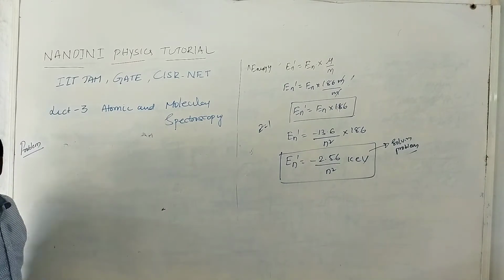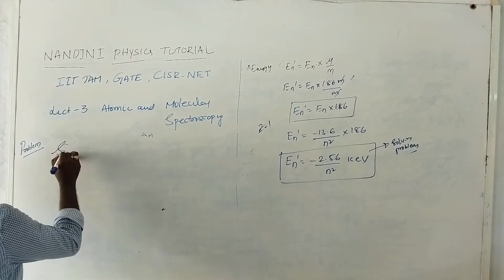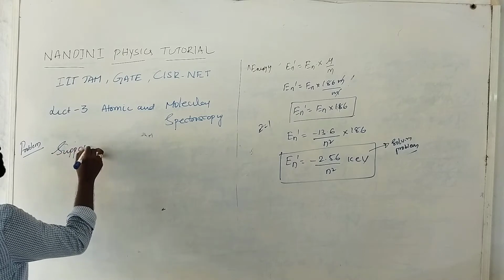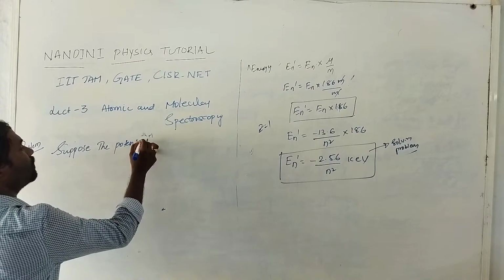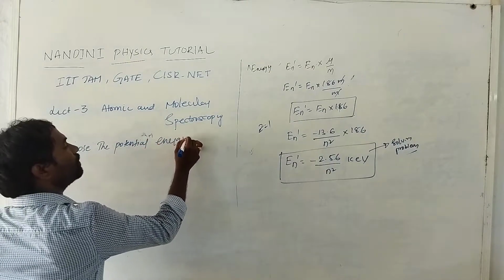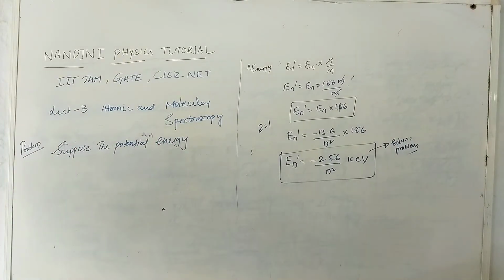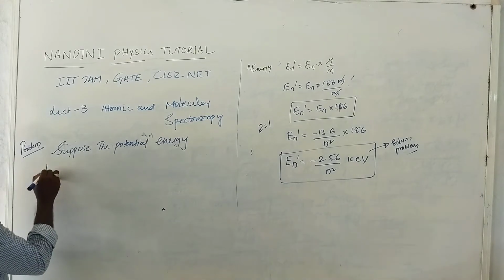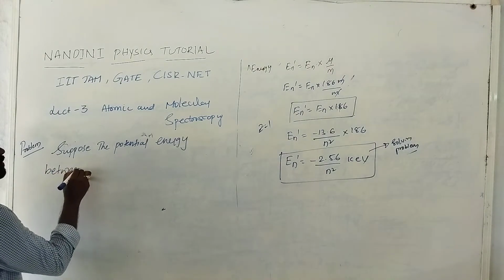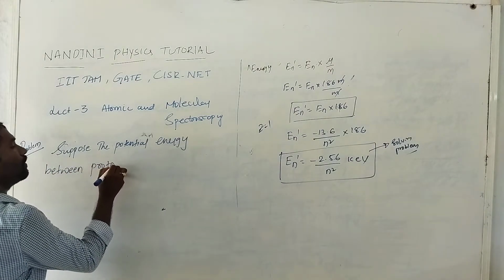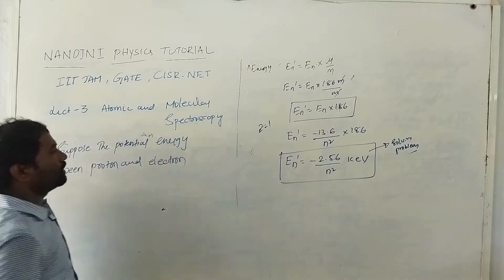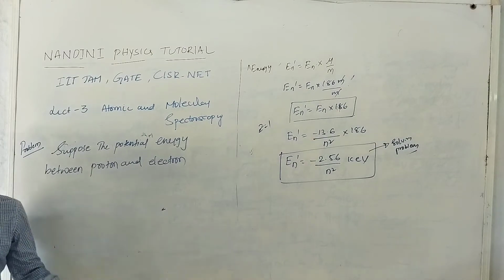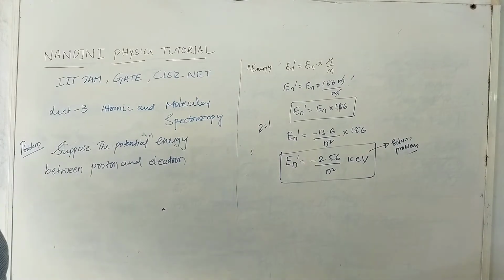So suppose the potential energy between proton and electron is given by